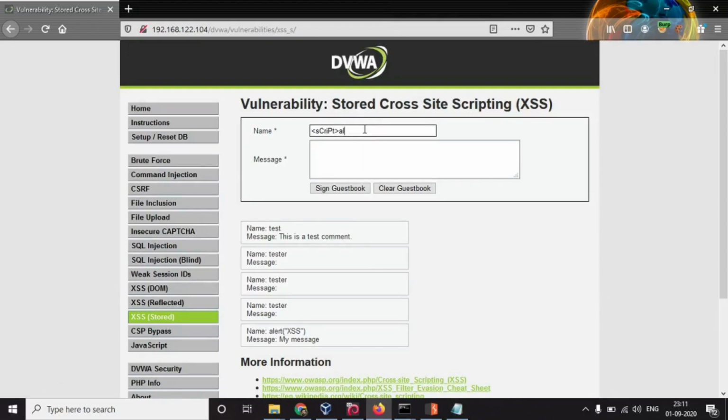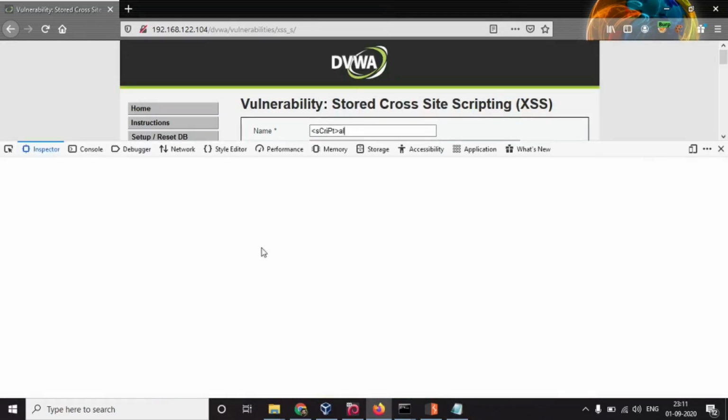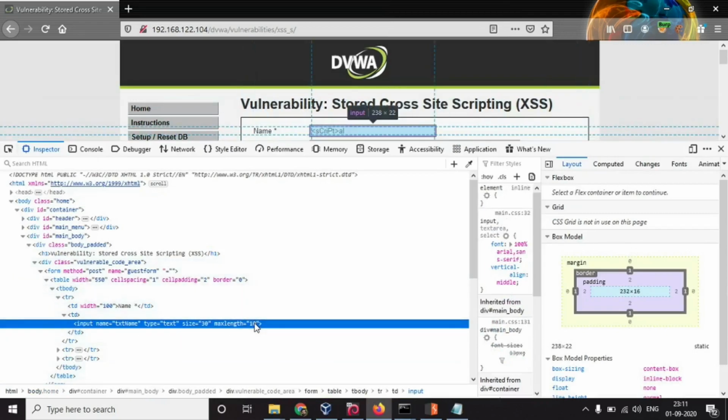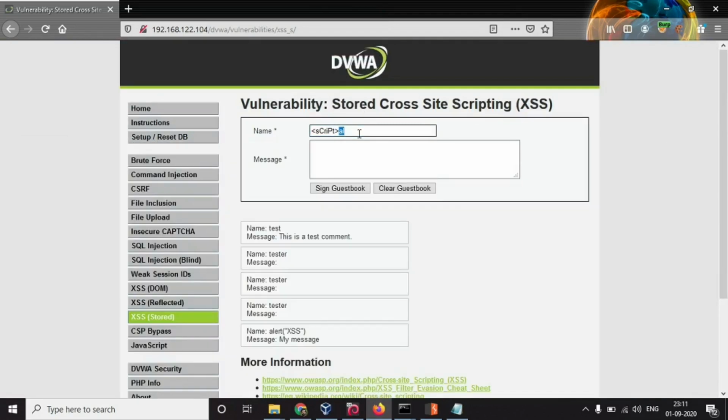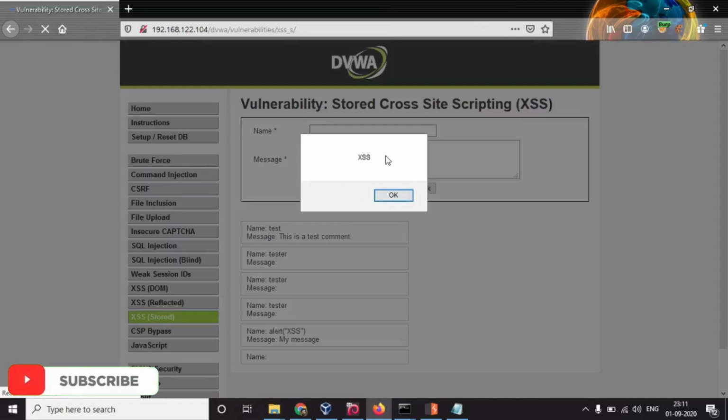Okay, again I forgot to increase the character limit. The payload was successfully executed and we can see the XSS pop-up.